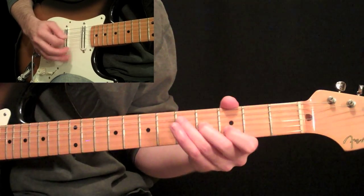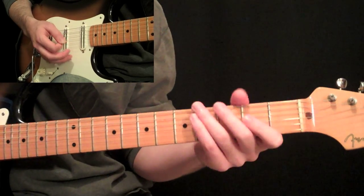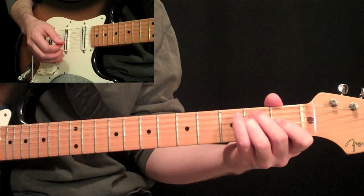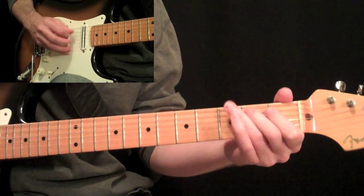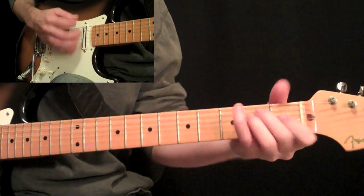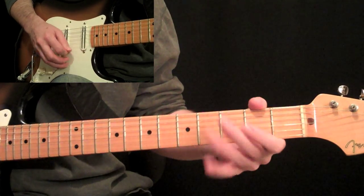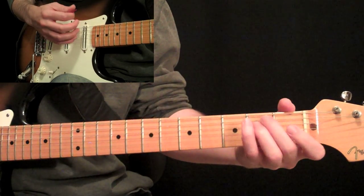And then the same lick that we ended the previous 12 bars with. Okay, so we got this. And then we're going to go. So that little ending right there was a little upstroke, that A6 chord up on the open strings, and